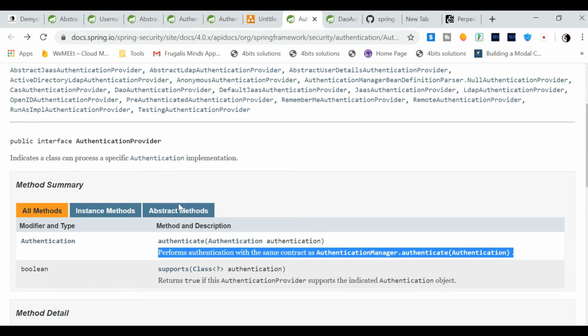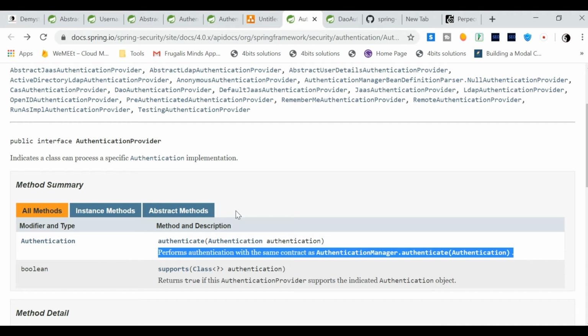Now once the authentication object is returned, what happens? Suppose I have some error that occurred in my application. Now what happens in that case? Once the error happens, it throws an authentication exception, and that authentication exception goes to the authentication filter as well. From there it throws a 401 or something like that. So any exception goes to the authentication filter. This is a flow where if any error happens over here, it gets caught in that authentication filter as well.